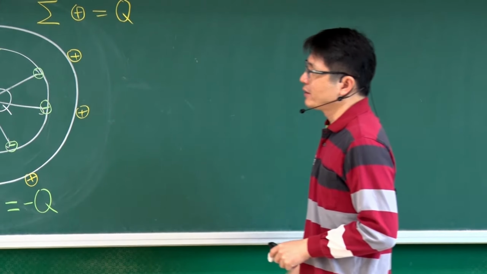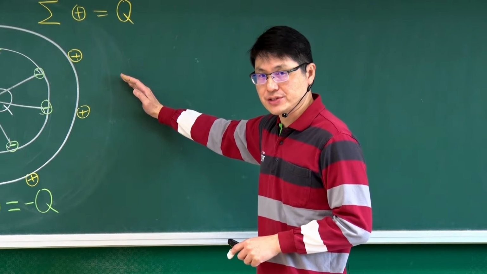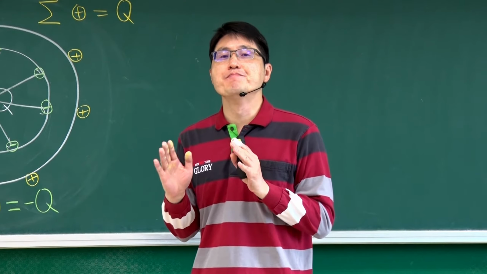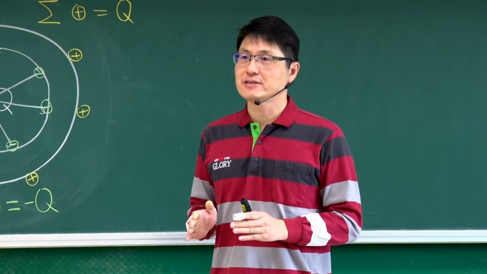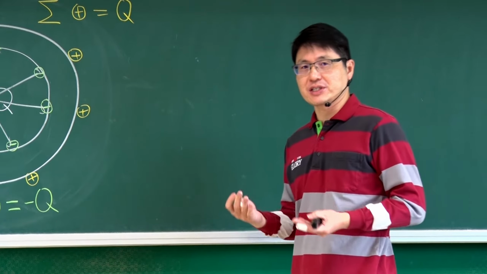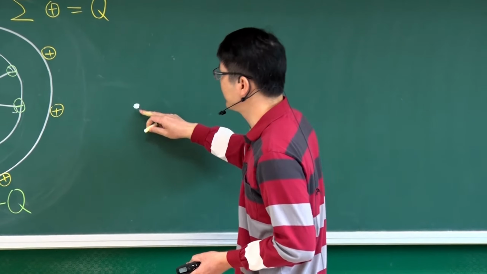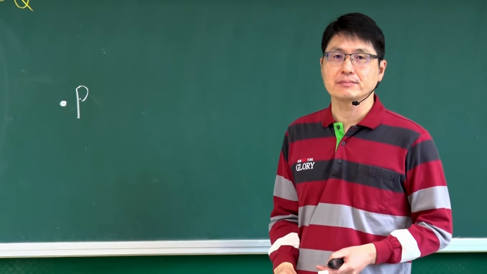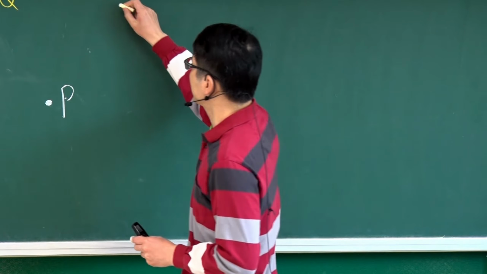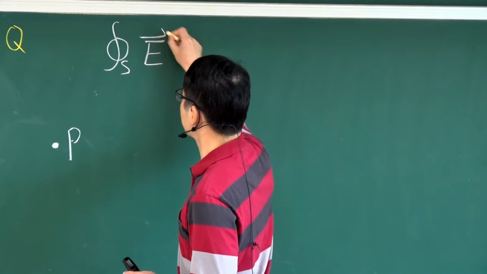So now let's try to analyze this system and its resulting E-field intensity. Because this geometry is perfectly symmetric, using Gauss's law is the smartest choice. So how to invoke Gauss's law? If I have an observation point or an observer here at P, how should I invoke Gauss's law? Gauss's law tells you if you form a closed surface,